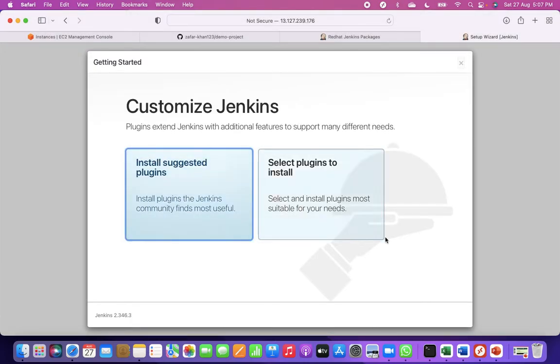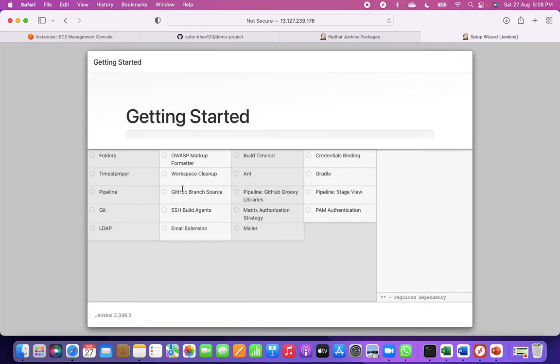Okay, so customize Jenkins. It is asking to install suggested plugins or select plugins to install. So we generally use this one. So I will click over here. Okay, so basically this is a bunch of plugins which are necessary and required for Jenkins. So Jenkins is configured automatically with this bunch of plugins. And remember,